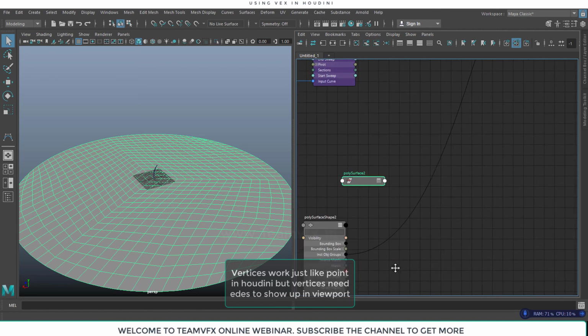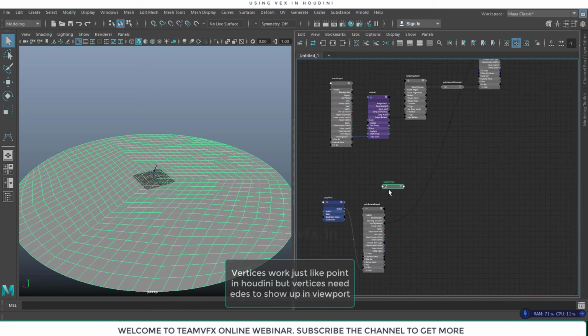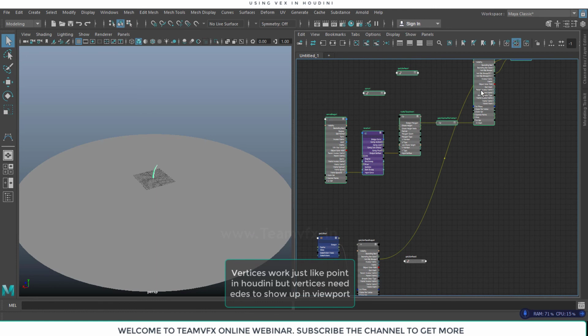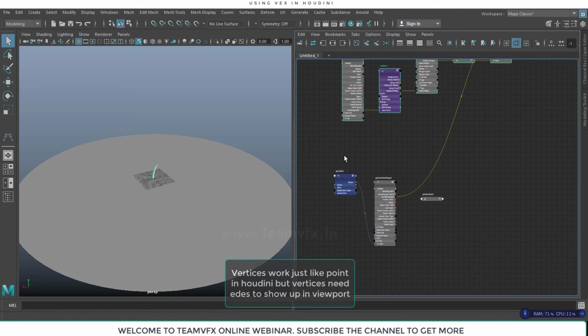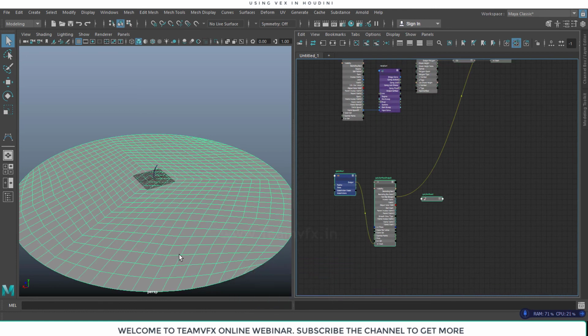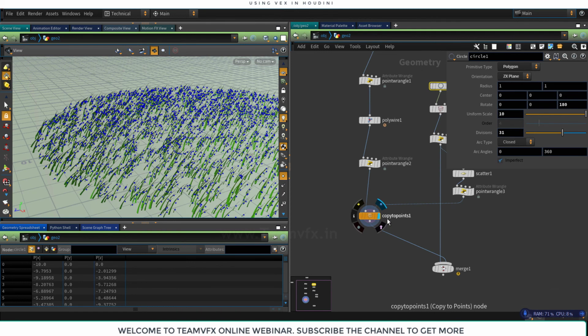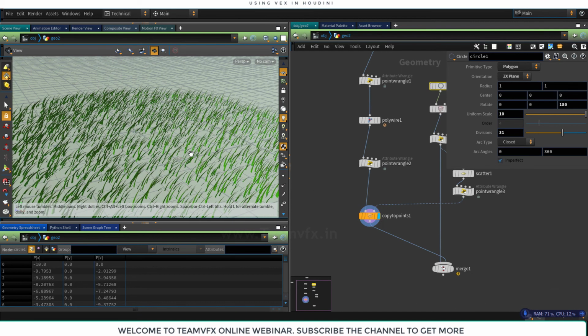So we have two objects over here. One is my polydisk, that is my template, and one is my leaf, that is my object. We want to put that whole thing in the position of my template. What we usually do in Houdini is put a copy to points node, so it automatically puts the position.